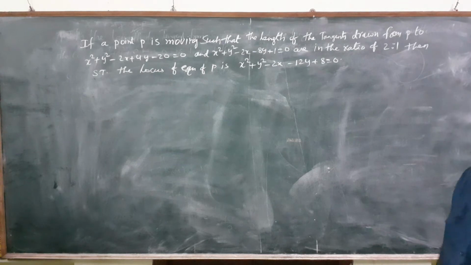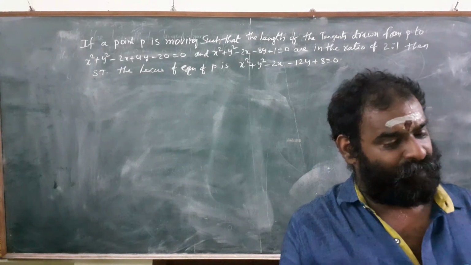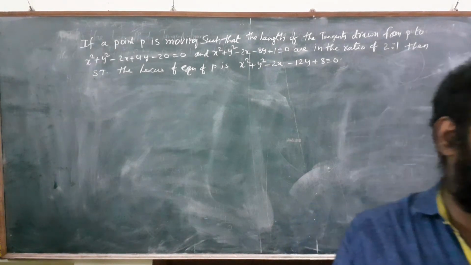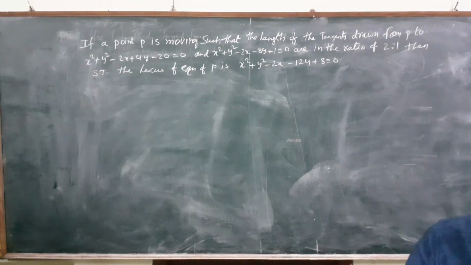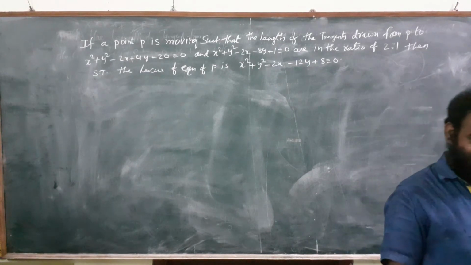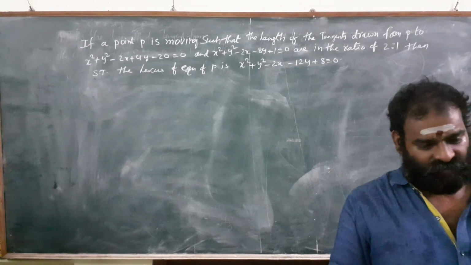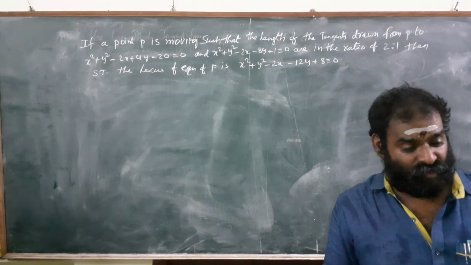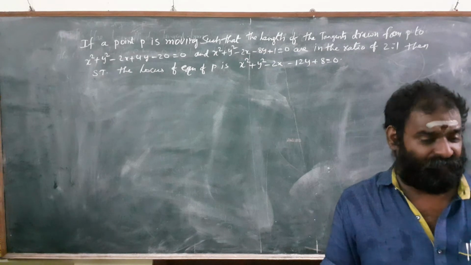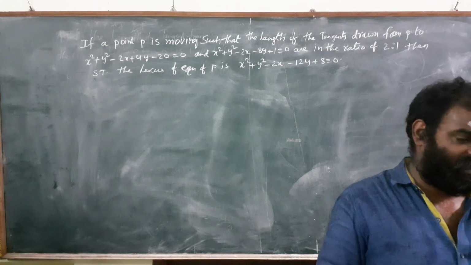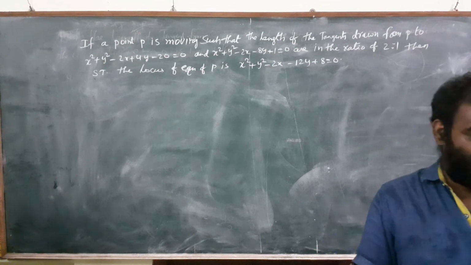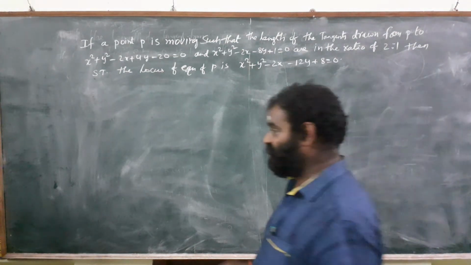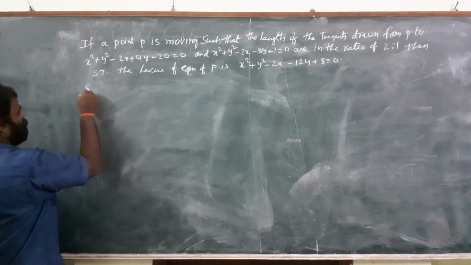So here what the problem tells, what is given in the problem. There is a point P and there are 2 circles, S1, S2. Then they draw 2 tangents, from P to one circle and from P to the other circle. So this data will be written by us. So see, first of all, the solution.